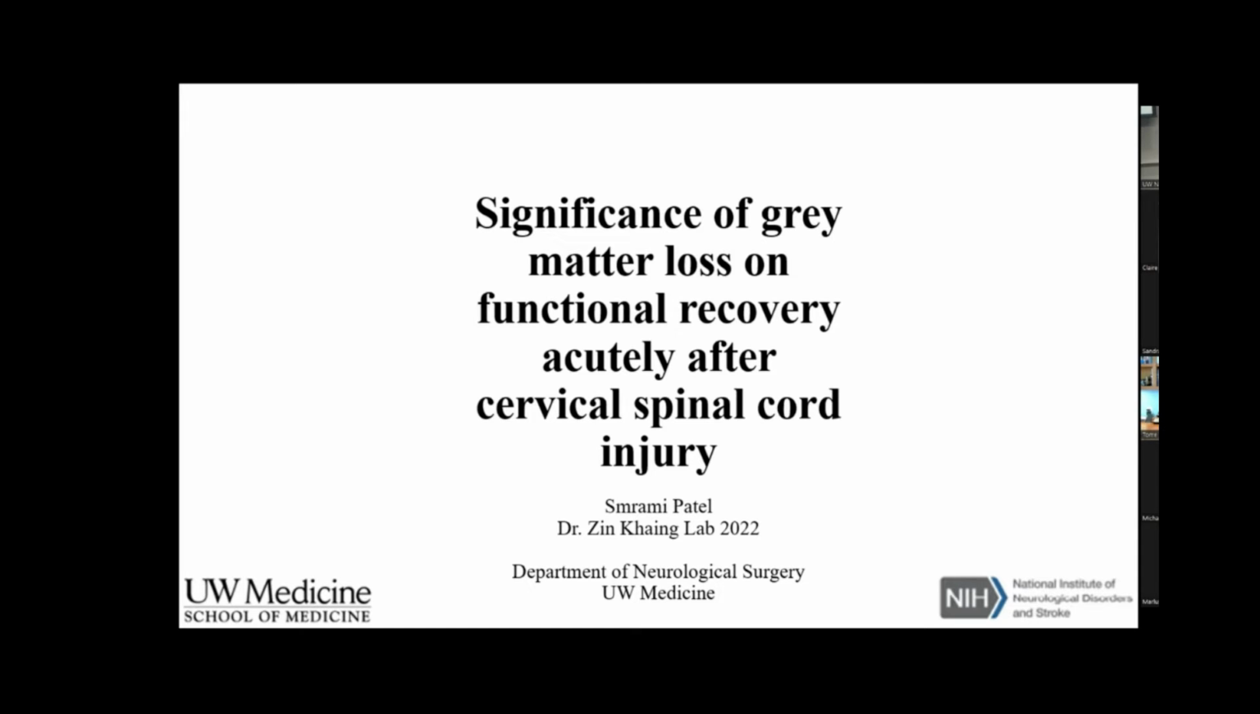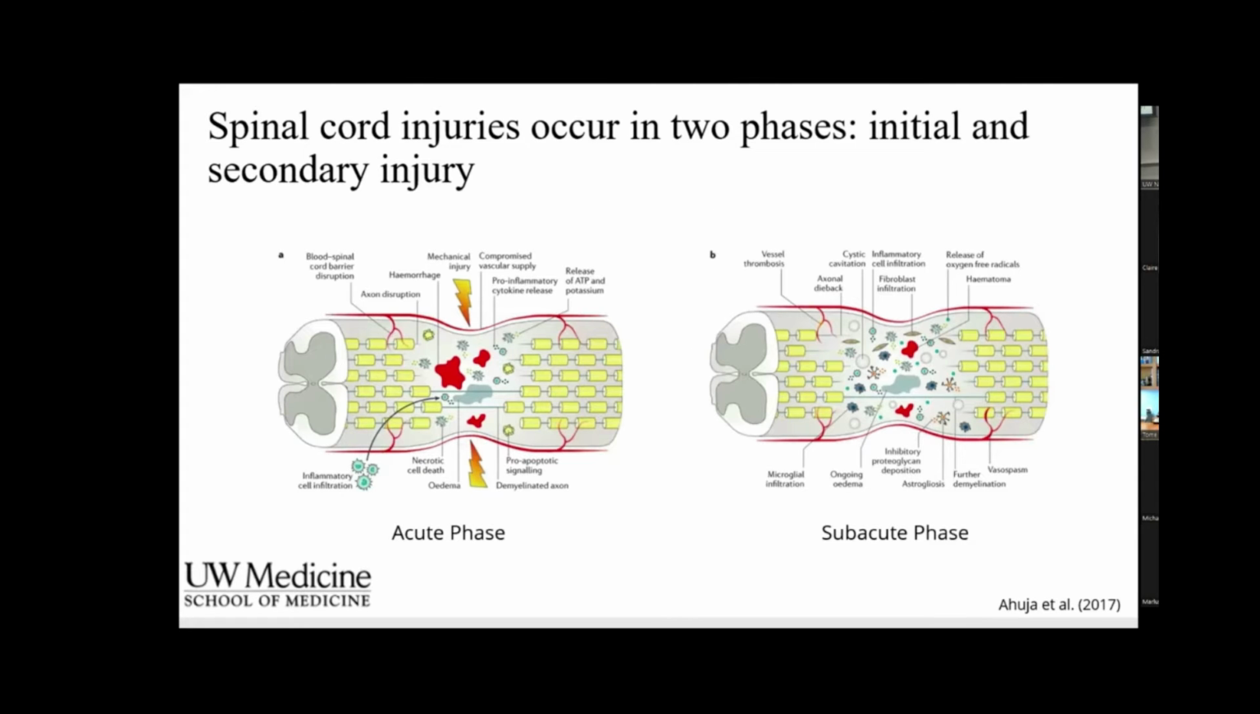And my project focused on, before we can even do neuroprotection, we think about how we can actually characterize that injury. So I was focusing on the significance of grey matter loss on functional recovery acutely after cervical spinal cord injury. There are over 300,000 people in the US currently living with a spinal cord injury, and 61% of those actually affect your cervical spine. So it's very important for us to understand the injury before we can even start protecting or treating